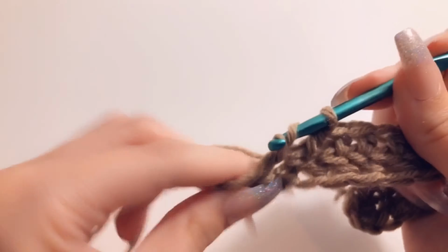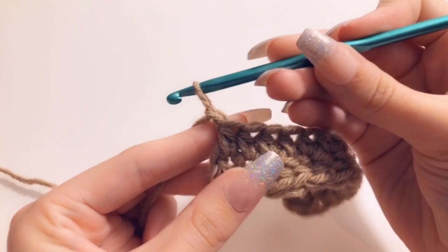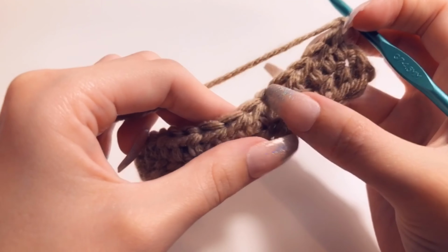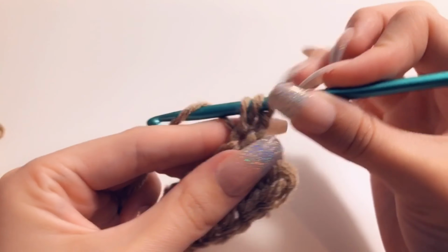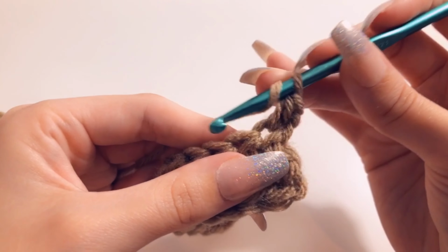Now that you're at the end of this row, you're going to chain 1, so yarn over and pull through, turn your work, and then into each and every stitch you're going to put 1 half double crochet. So yarn over, go into the first stitch, pull the yarn through, yarn over, go through all 3, yarn over,